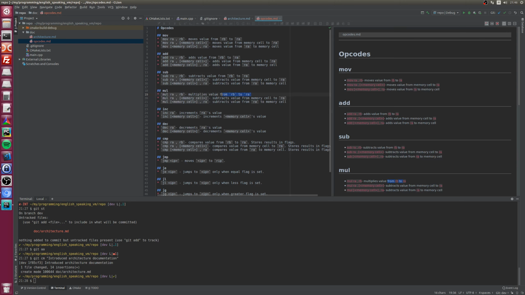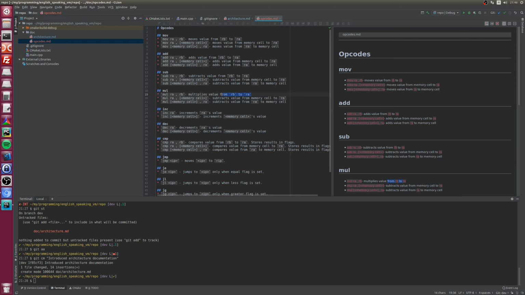And multiplies value of RA by value from memory cell, and multiplies value of memory cell by value of RA.